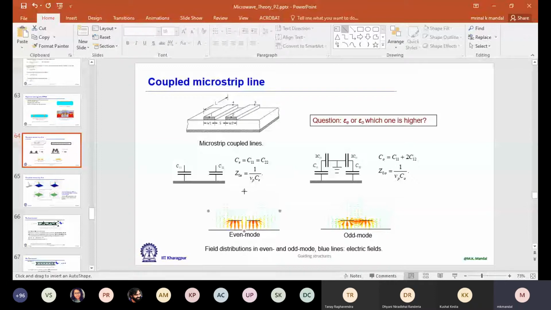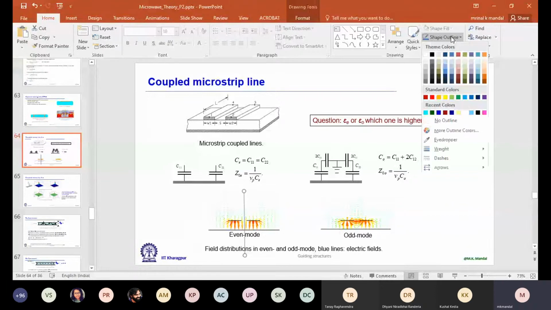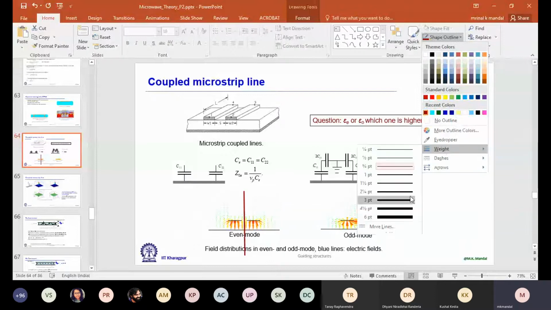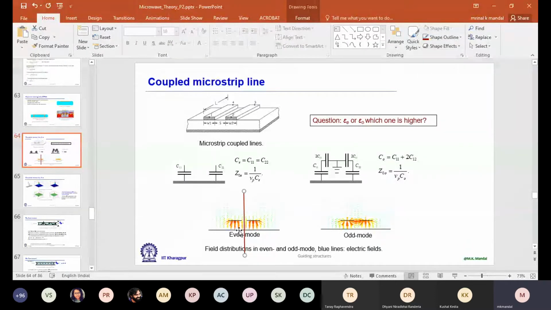For the even mode, if I consider a central plane at the plane of symmetry, here you can see this straight line, and with respect to this plane of symmetry, the electric field on the left side and right side is in the same direction. But now if I consider the same thing here for the odd mode, the electric fields are in opposite direction. Sometimes it is difficult, as I said, to understand whether any field component is coming from left to right or not. So better you consider this phenomenon: are they in the same direction or opposite direction with respect to the plane of symmetry?